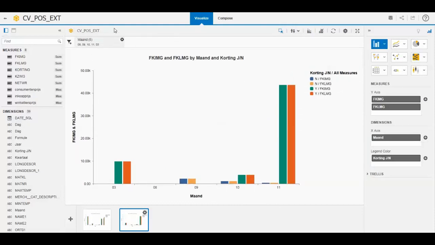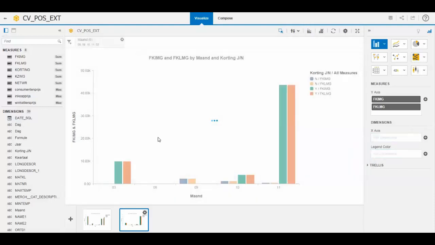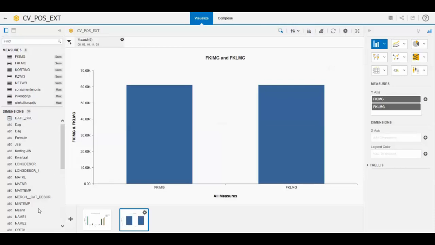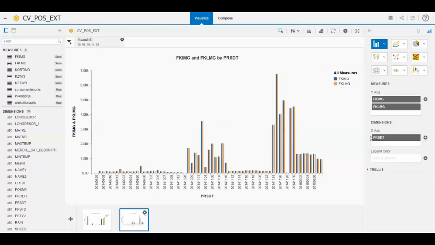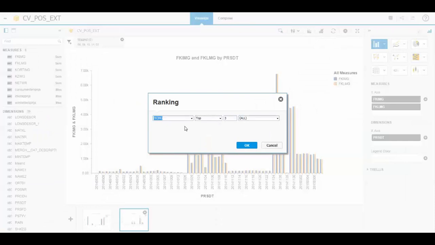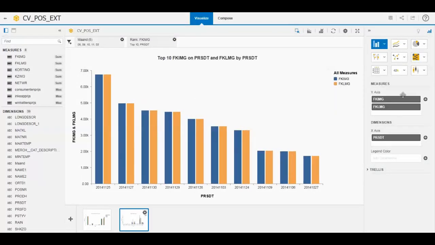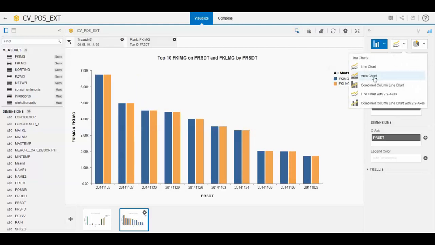My filter automatically appears on my top hand. I'm going to change the attributes, and I might want to look at, for example, this element per product. This gives me more detailed information, and again I can change my chart, or I can do, for example, a ranking saying I'm interested in the top 10 of all products, and make a selection on that and change the visualization to, for example, an area chart